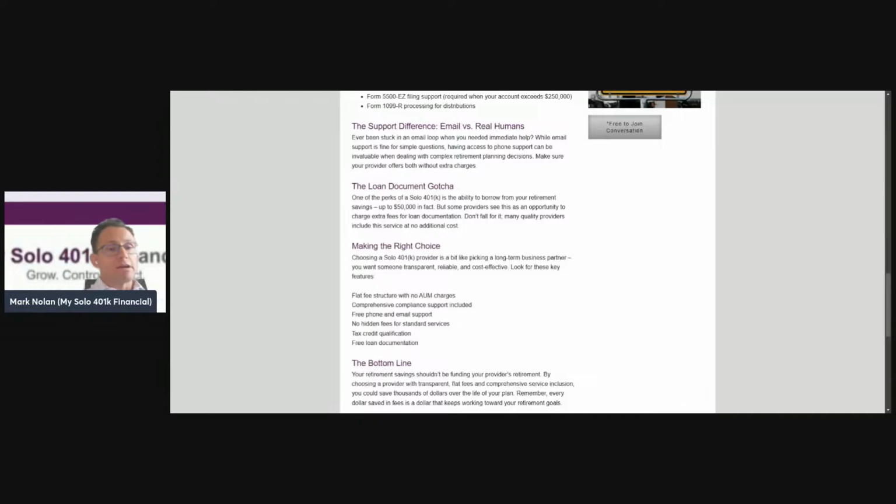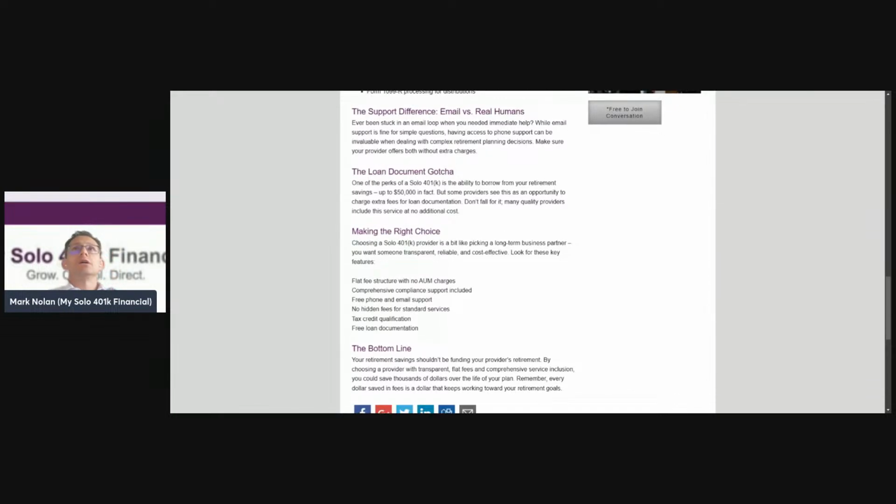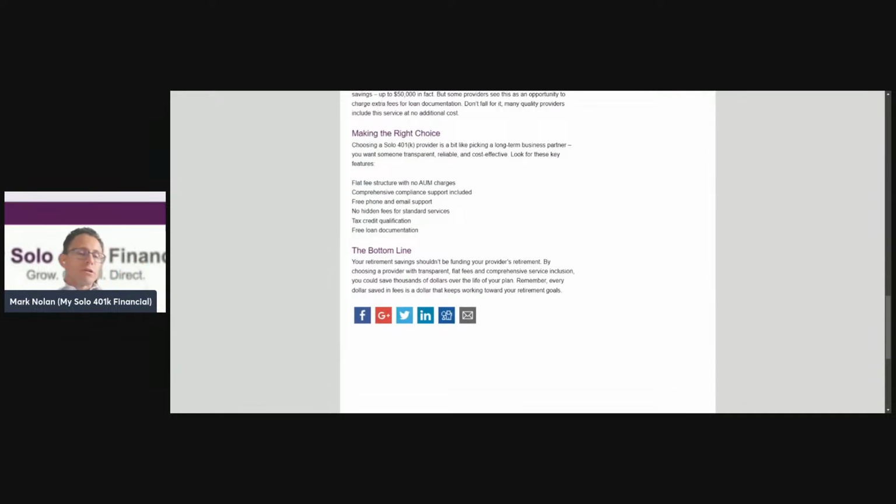Some providers out there might offer that loan capability, but they're going to charge you an additional fee for drafting those loan documents. Not here at My Solo 401k Financial. We draft those loan plan documents at no additional cost, so that's covered in our flat annual fee of $125. So when you're looking to open up a solo 401k plan and you're looking at it from a fee perspective,